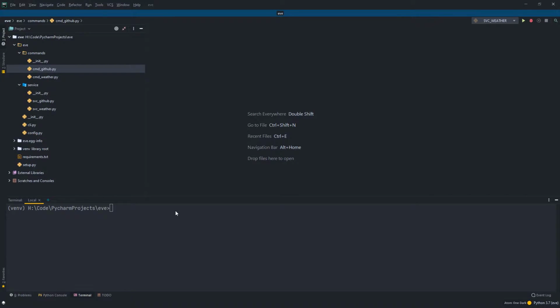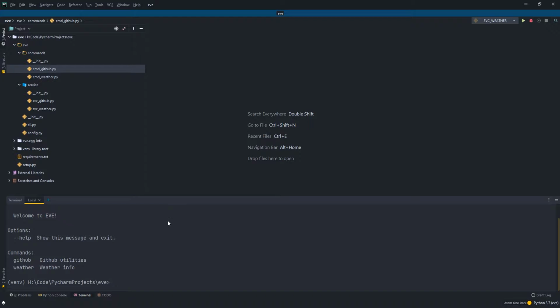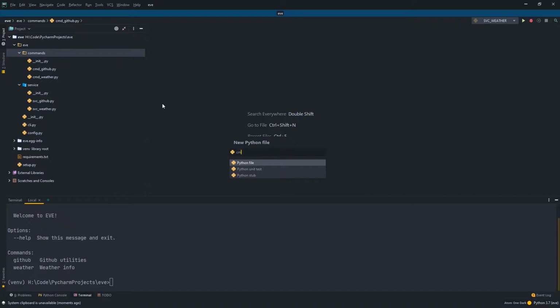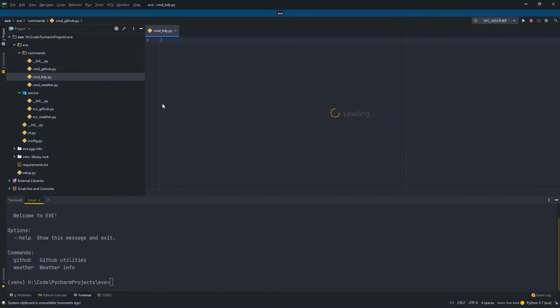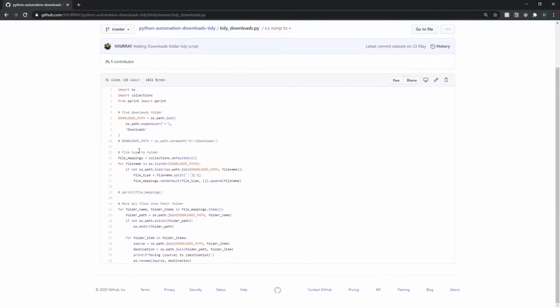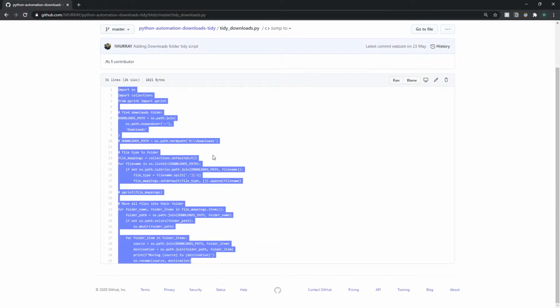So now let's jump over to the code and get cracking. Okay, so I've loaded up the Eve project, and as you can see we have two utilities, the GitHub and Weather, which have been in my previous two videos, but here we're going to build in the downloads folder tidy. So first things first, we're going to need to create a new Python file and call this cmd_tidy.py. That will just load up this file here, and rather than repeating everything I did in the previous video, if you just navigate to this GitHub repo here, a link will be in the description, come down to the downloads folder tidy, you can just pretty much copy this,